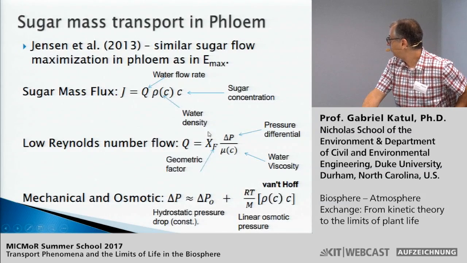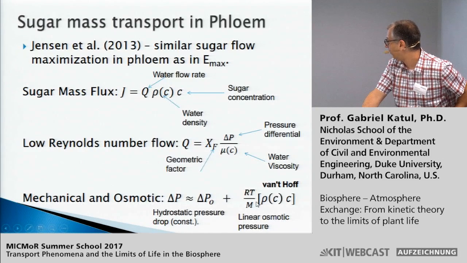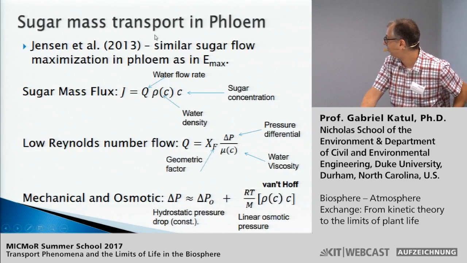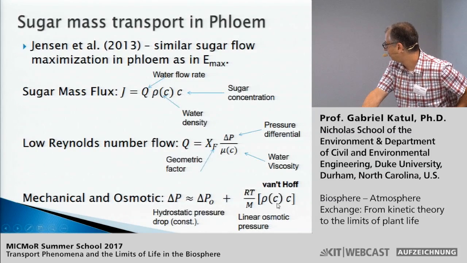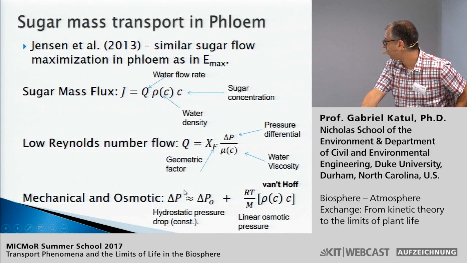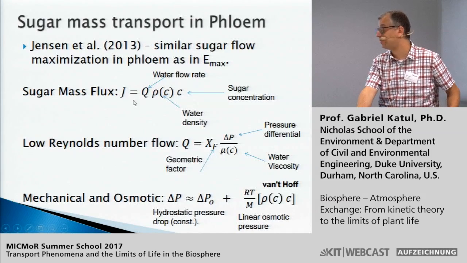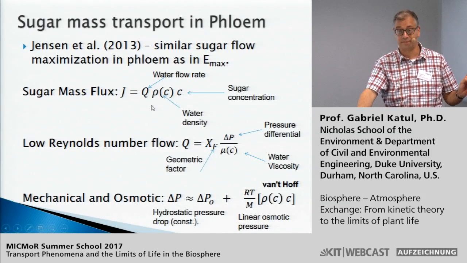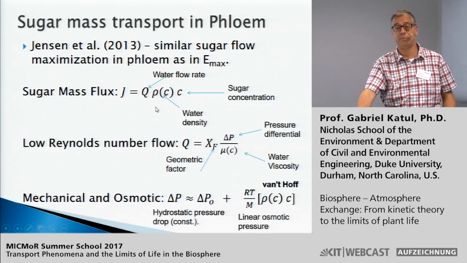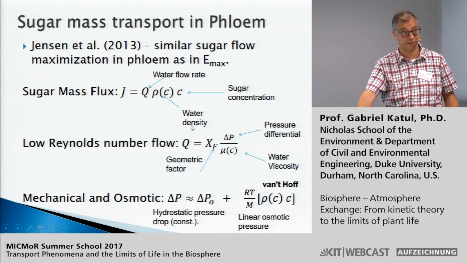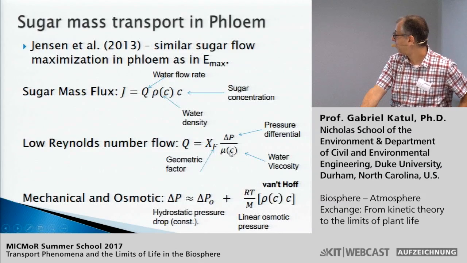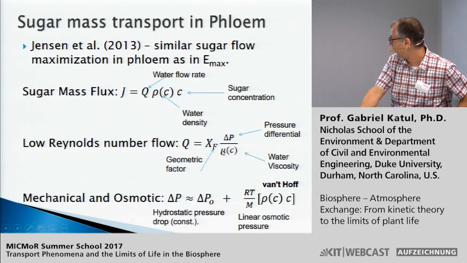So, the pressure difference could have a hydrostatic component, but an osmotic component. And if we assume a linear osmotic pressure, which is what Jensen did, using the Van't Hoff equation, then it is basically driven by the density multiplied by the concentration itself. So you take this pressure difference, you plug it here, you take this flow rate, you plug it here, now you have the flux strictly as a function of concentration of sugars. And you ask the question, what would be the sugar concentration in the phloem that would maximize this flux? Again, there is a trade-off, because you increase sugar concentration, you increase the flux, but you decrease the viscosity in a very nonlinear way. This is very nonlinear.